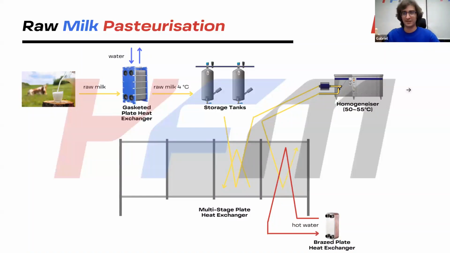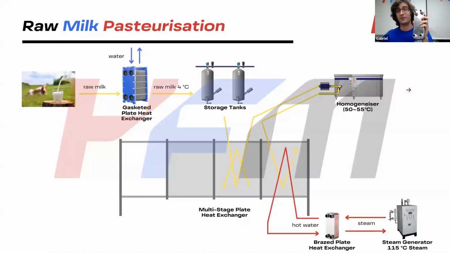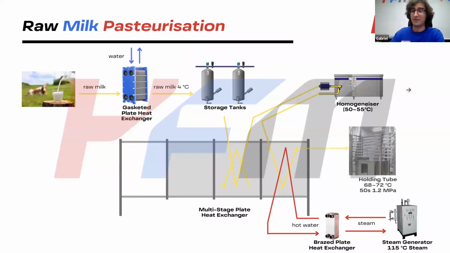But this hot water can be used again. If we increase the temperature of the hot water, we can send it back to the heat exchanger and save energy. And that's why we use this other heat exchanger, where the hot water is going to receive thermal energy from steam. So we have a steam generator at around 115 degrees Celsius, which is going to reheat the hot water so that it can keep increasing the temperature of the milk. Now, the milk is at a high temperature. We have hot milk around 68 to 72 degrees Celsius, and we're going to be sending it to a holding tube